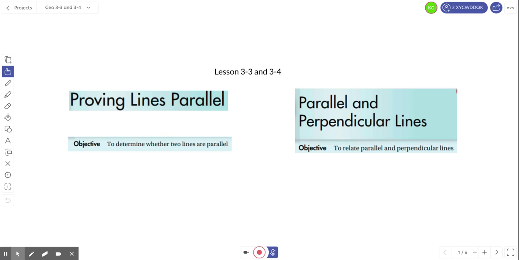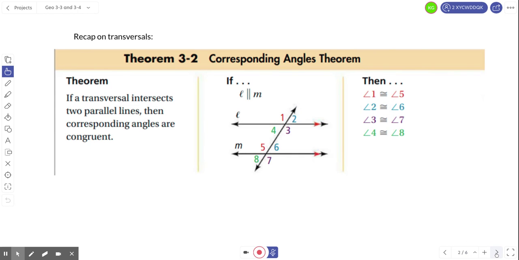Alright, welcome to lesson 3.3 and 3.4. We're going to look at how to prove lines parallel, and we're also going to look at some properties of parallel and perpendicular lines, which is kind of a special case situation. So first we need to recap on transversals. Recall that